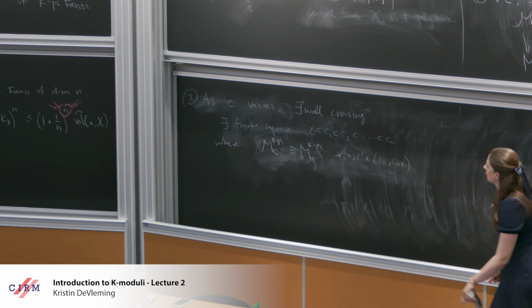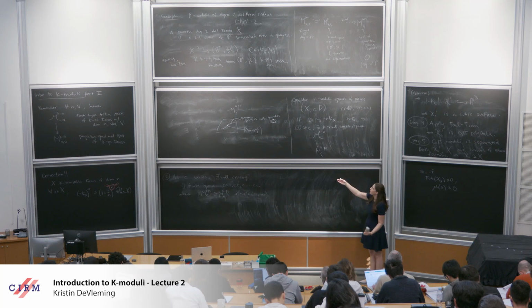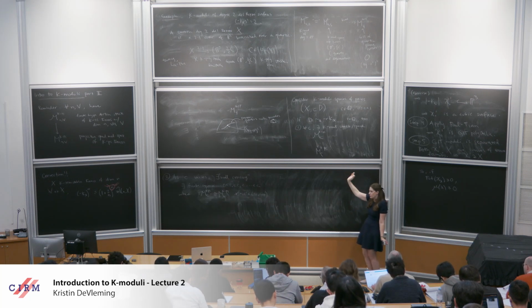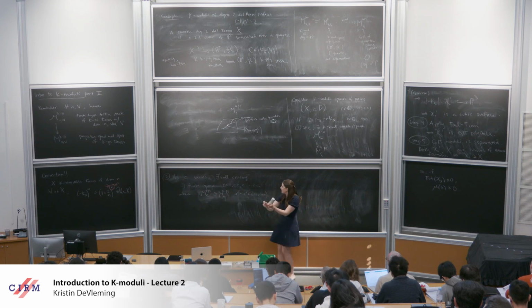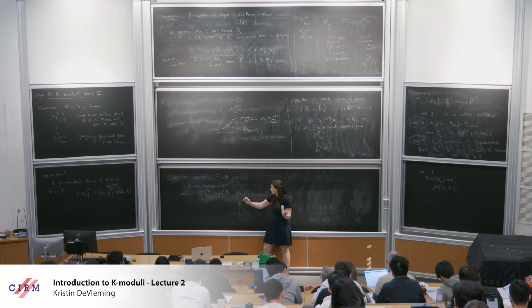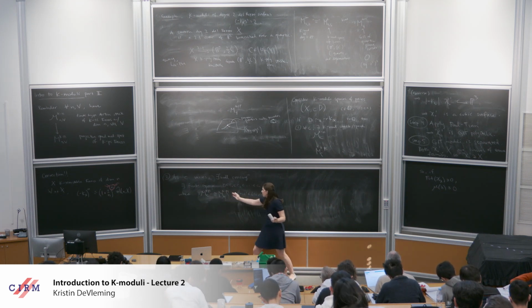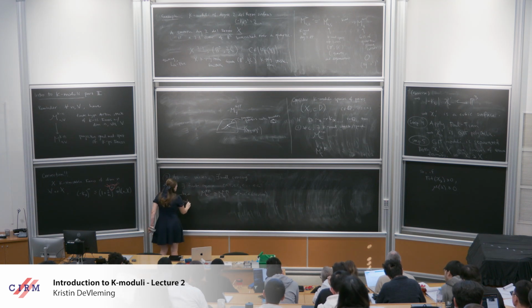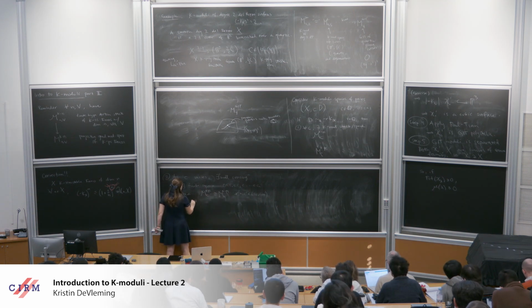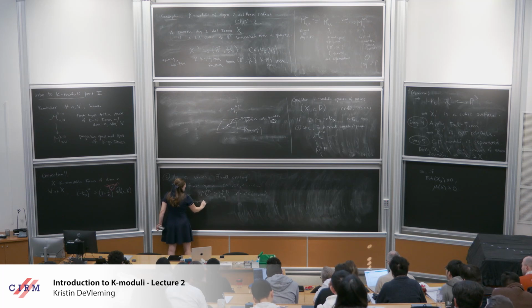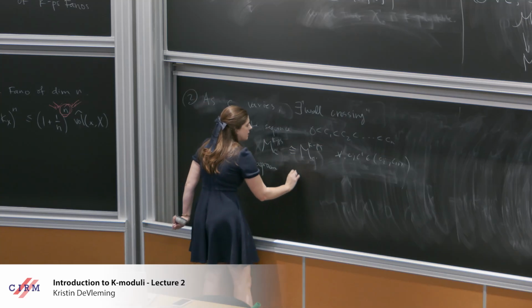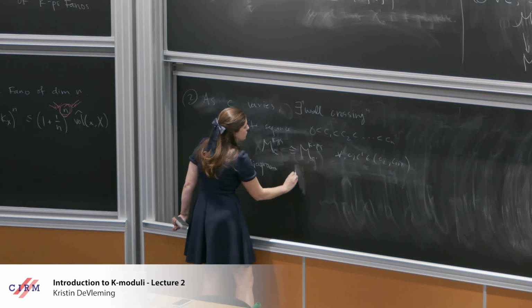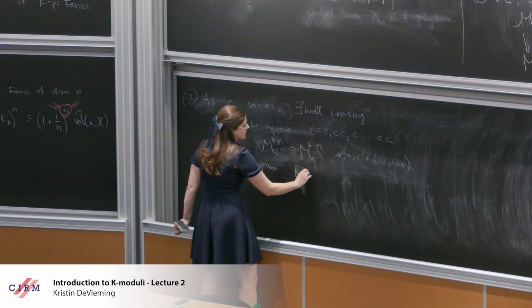Okay. So as C varies, a priori for every C you get a different moduli space. But actually you don't. For C in these neighborhoods, or these intervals between C1 and C2, you get isomorphic moduli spaces. And at one of the critical values, you have a diagram where you understand the, I mean, you can do this for the stacks too, but I'll just write it for the spaces